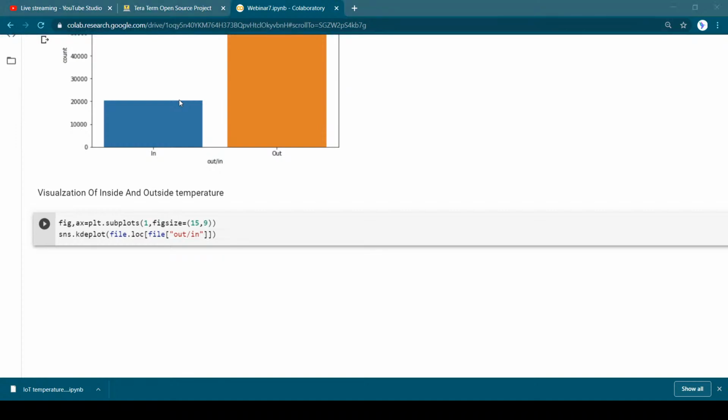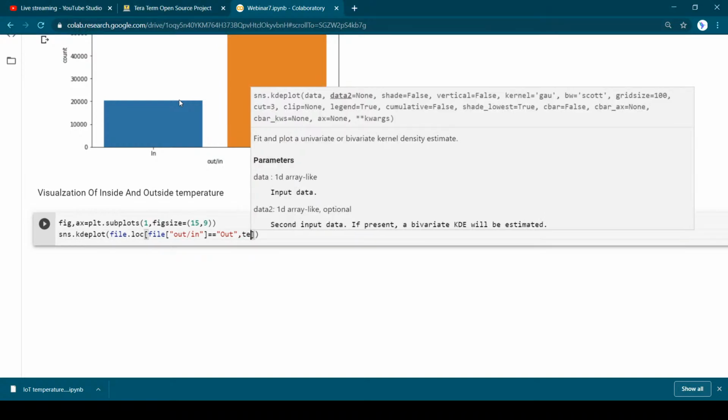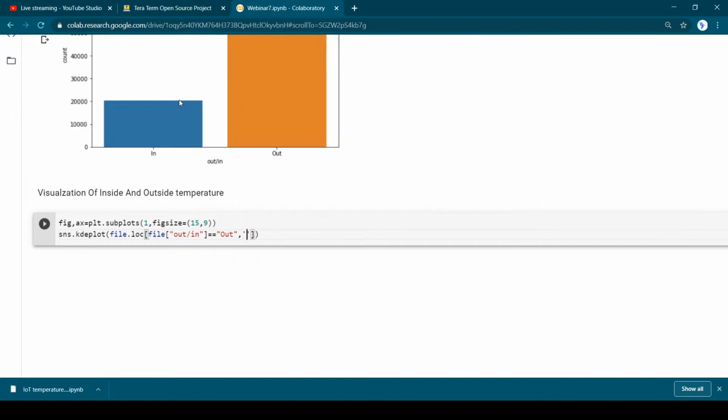So here I'll just call this and then equals to, if it is in value, if it is equals to out, then, and the temperature for the same, I need a temperature also. So again temp, it's only these two values, and then okay,